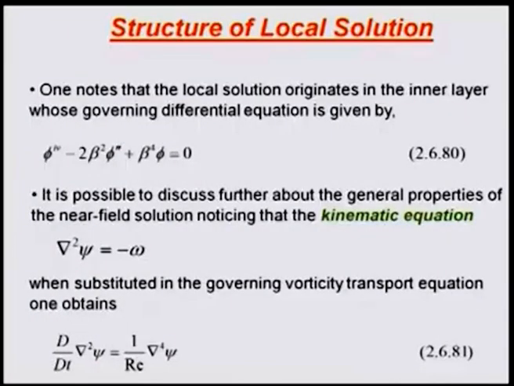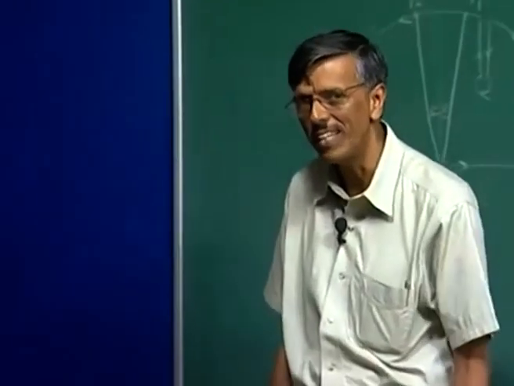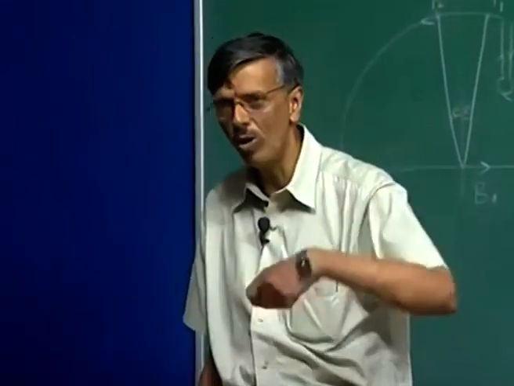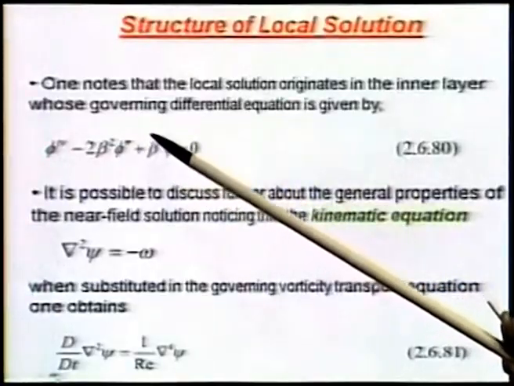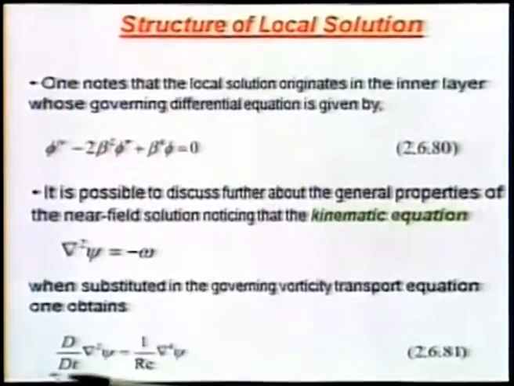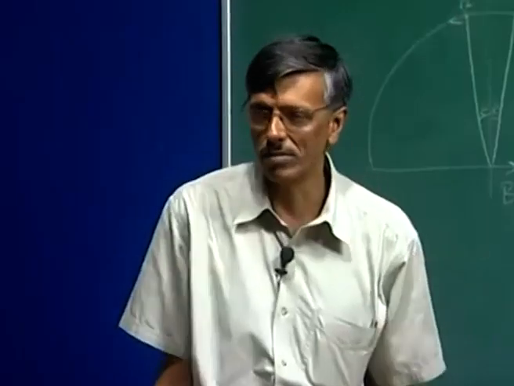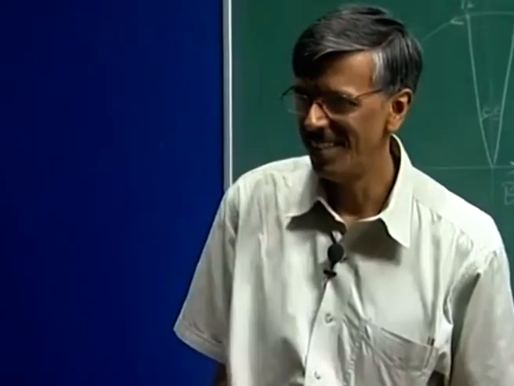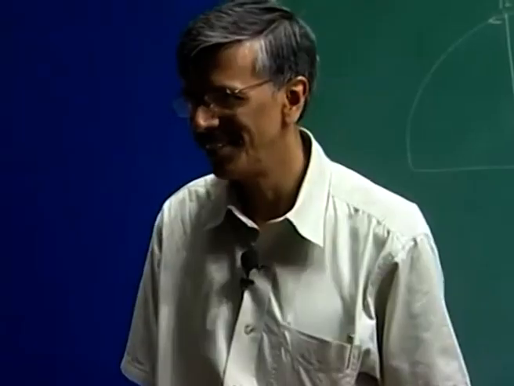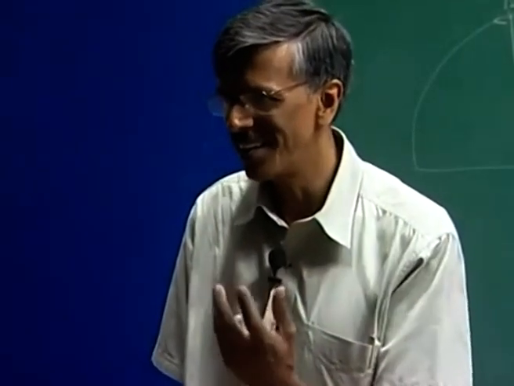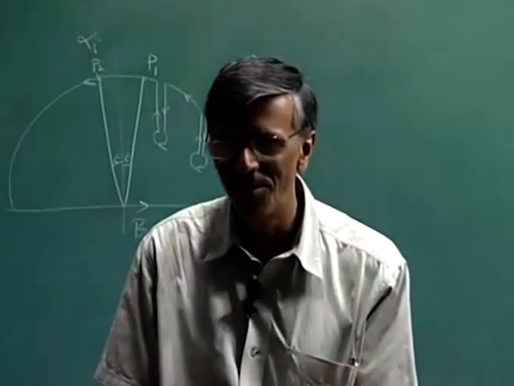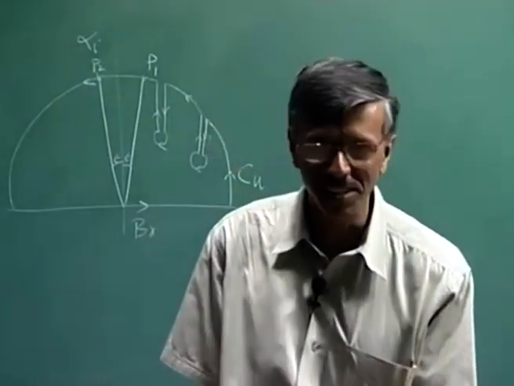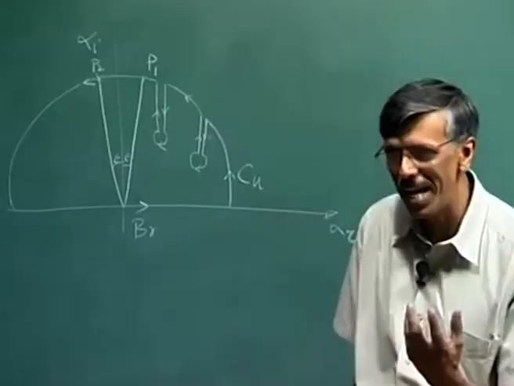So what you are seeing is very, very revealing, that the local solution for which the governing equation is this comes from the right hand side equal to 0. And that means what? Locally the solution behaves like the flow has Re going to 0. That's it. So that is the nature of your local